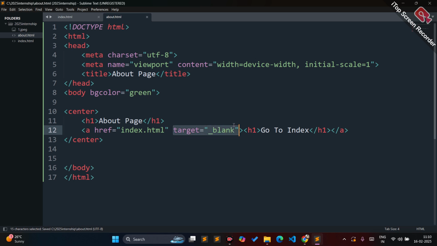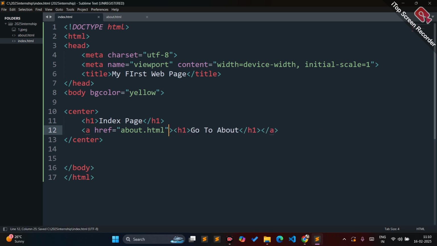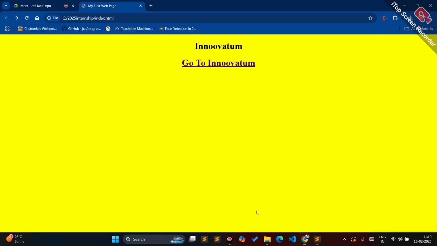Let me remove this target blank now, because we are working in the same web page, that's why we don't want to redirect it to a new tab. So here I have created two files, one is index and one is about. I have saved both the files. Now